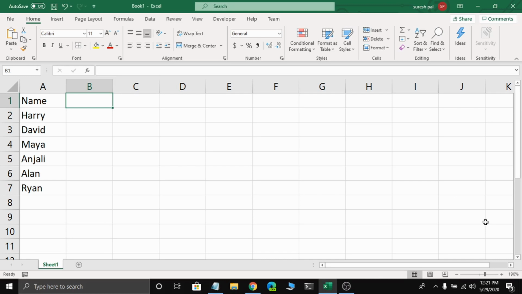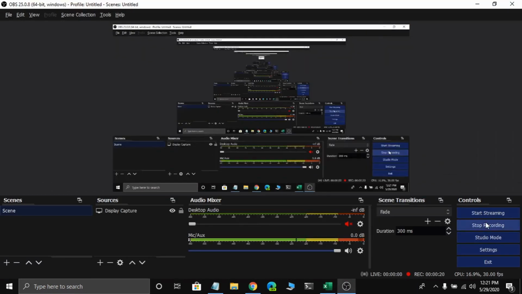Now I am going to discuss a string function in Excel. First I will explain what a string is and what the different functions are, then how to apply them in Excel. I am going to explain them one by one. So first of all,